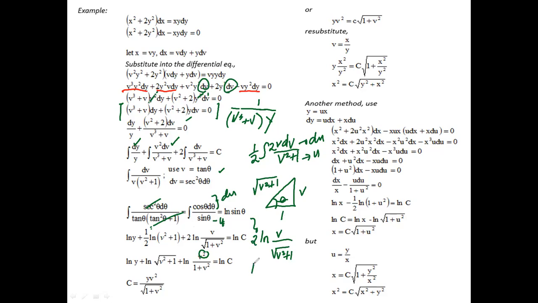So the 2 will be the exponent of the argument. So this is b squared. If a square root is raised to 2, that will get rid of the square root. So that would be b squared plus 1. And then look, the c was represented as an ln of c. Do you get it? Now, all your terms here are